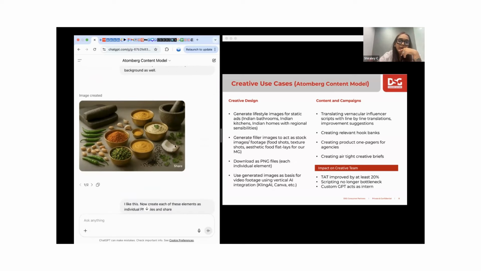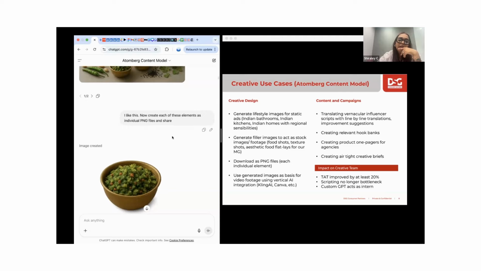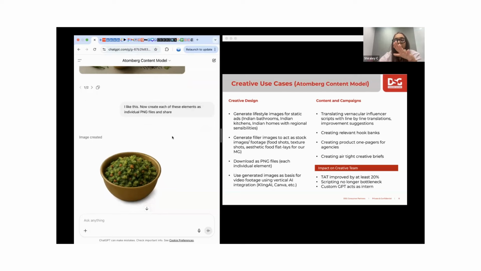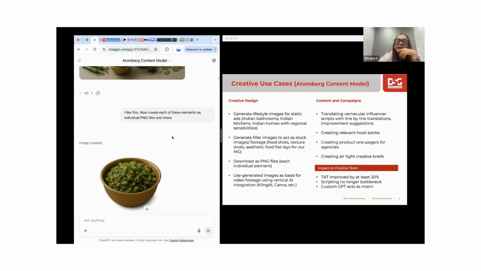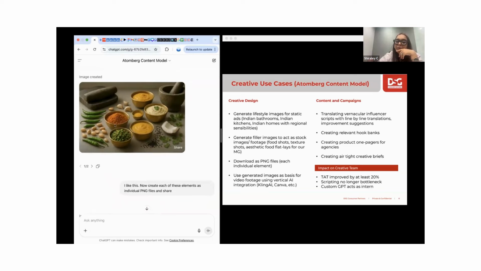Now that you take a look at this, as it improves textures, it will focus on the individual ingredients. It will focus on the gloss and the glisten. I've even told it, I want this output in a brass jar. Next prompt, I'm probably going to tell it, now I want etchings on the brass bowl that you are plating things in. One thing that I want you to note is it is very, very easy for you to be happy with an image and then actually be able to utilize that image by giving it to your design team